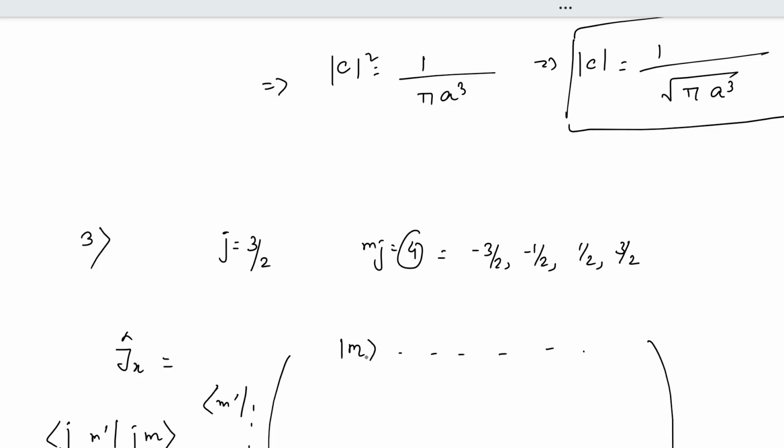So first of all, for m values, let us write down the m. The m starts from, let's say, minus 3 by 2, minus half, plus half, plus 3 by 2. Similarly, for m prime, you have starting with minus 3 by 2, minus half, plus half, plus 3 by 2. So in the first case, you have minus 3 by 2, minus 3 by 2 as the inner product coming in the matrix element. So basically, you have